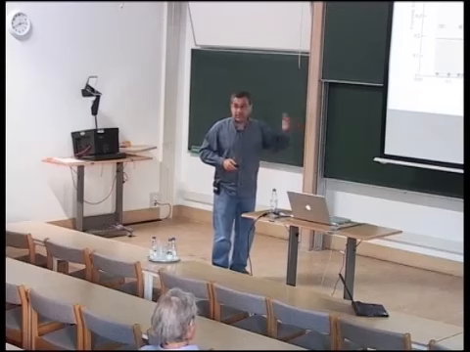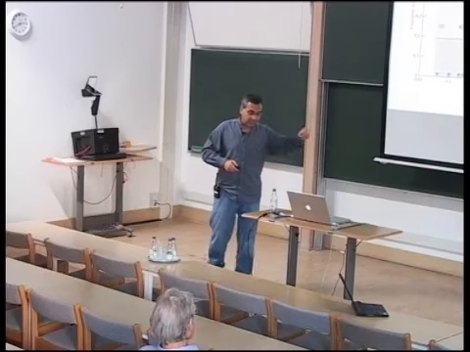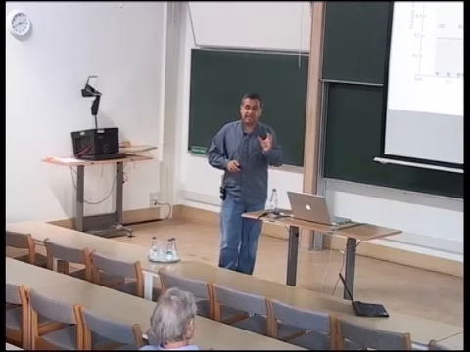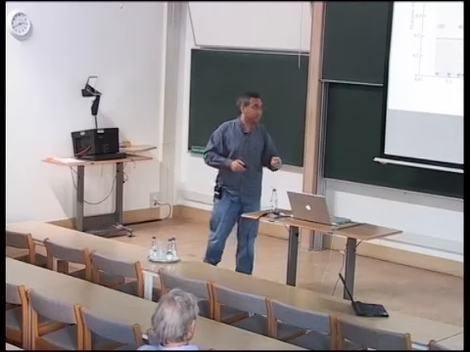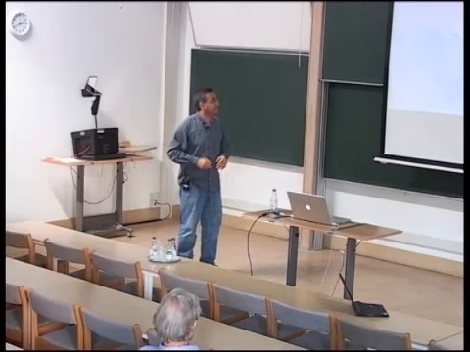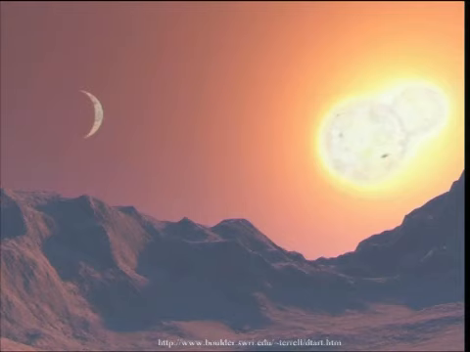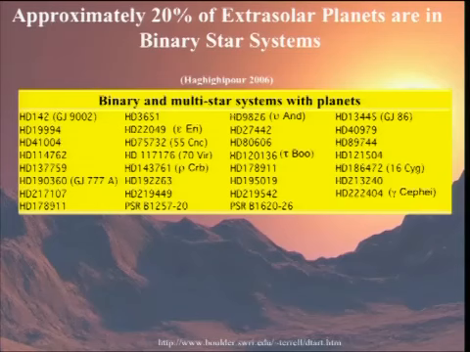So this is the status of the research. At the end of my talk, I'll tell you about the actual dedicated searches that are looking for planets in binaries. But with this, let's see what the situation is with the current status of extrasolar planets in binaries. About 20% of them are in binary systems. This is almost complete. Since 2006, when I made this table, a few more have been found.